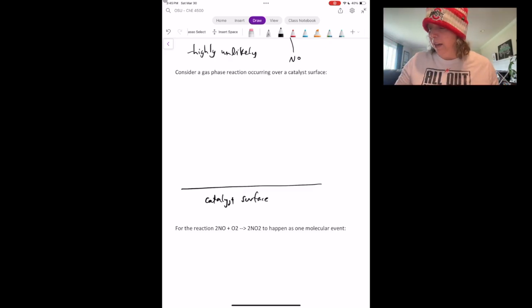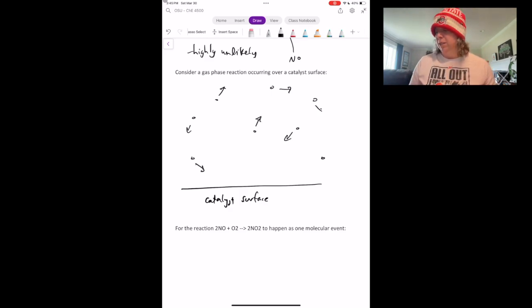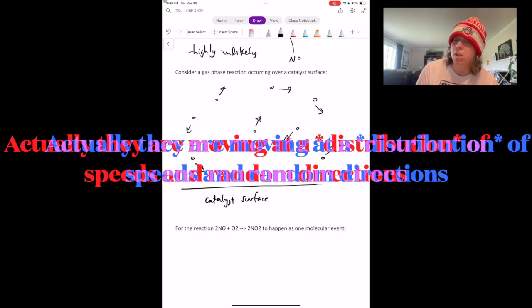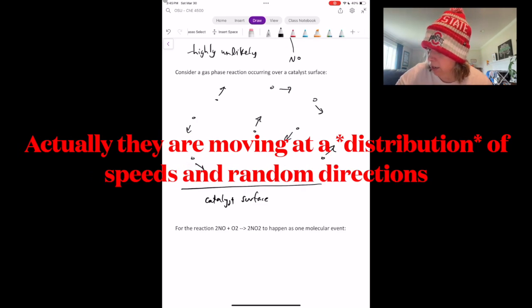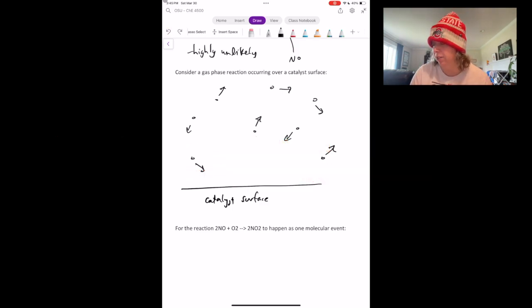And again, then we have these molecules, and they're kind of randomly placed, and they're moving around at random speeds and directions. This molecule here looks like maybe it could come into contact with the catalyst surface that's translating towards it. So let's say that it does that. This molecule is going to actually hit the catalyst surface,